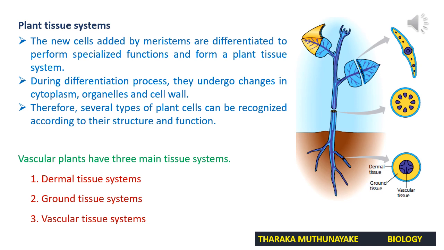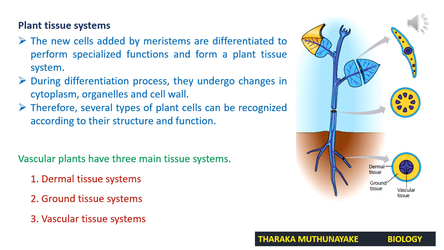So epidermis is an example of dermal tissue. Then you can observe vascular tissue at the middle of the stem, root, and leaf. They are labeled purple color here. You can observe in the leaf also here that a transverse section of leaf is indicated, midrib, and the other lateral veins, the transverse sections of midrib and other lateral veins are indicated. Within those you can observe in purple color vascular tissue system.